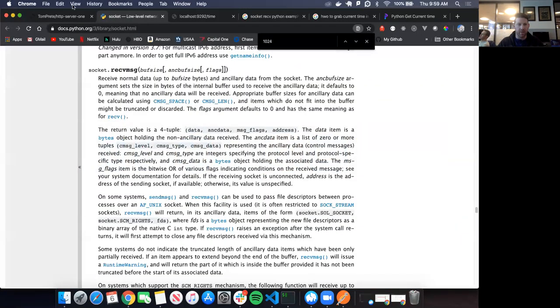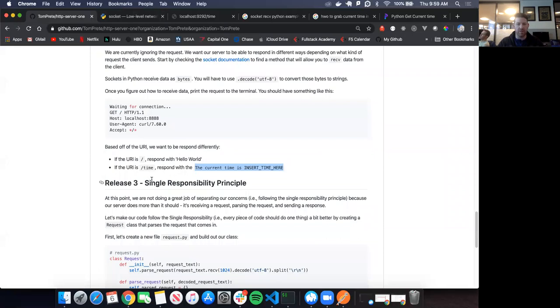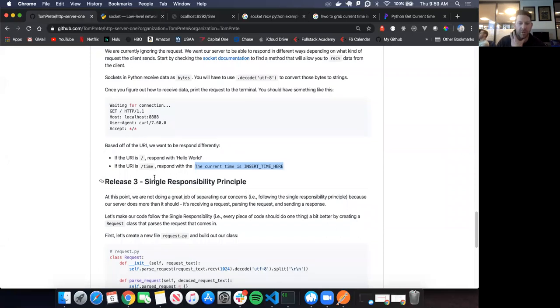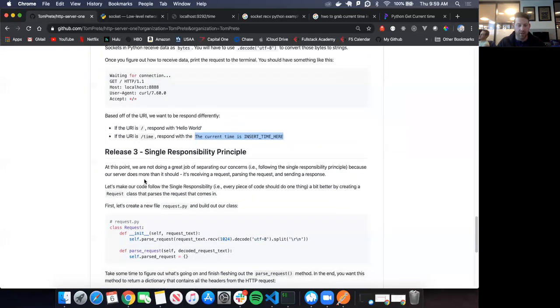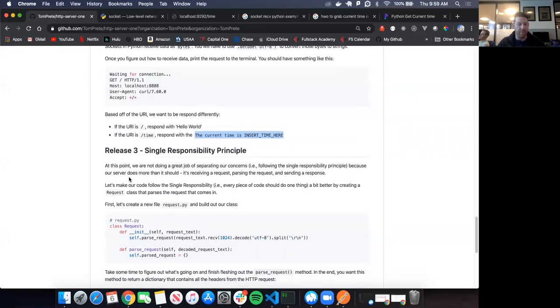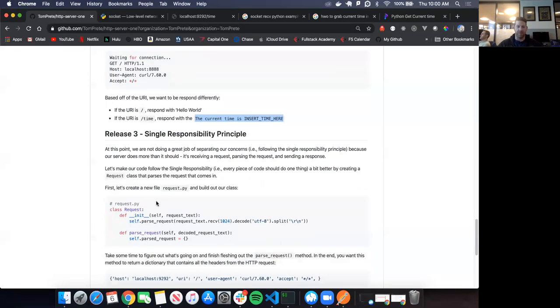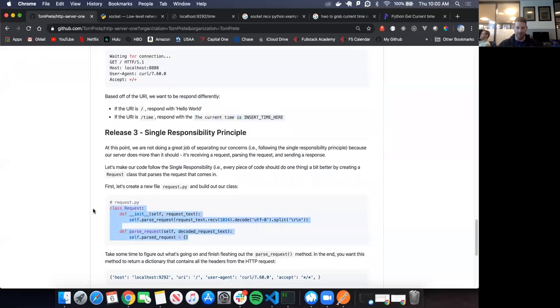Let's look at challenge. Single responsibility principle. At this point, we are not doing a great job at separating our concerns. So in keeping with OO, object-oriented programming, and classes and single responsibility, let's create a separate class and try to,